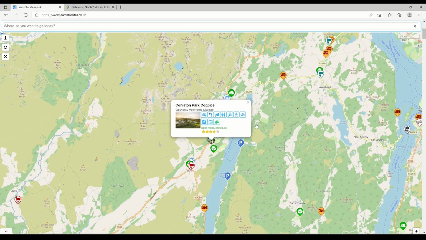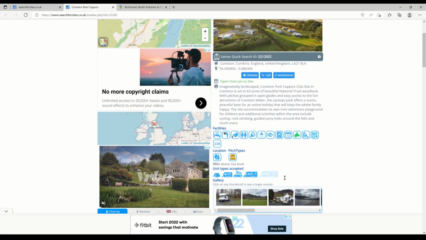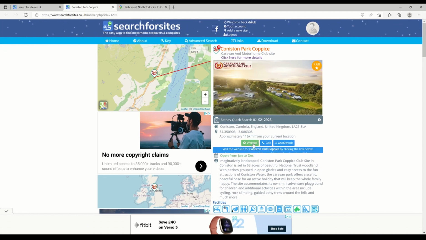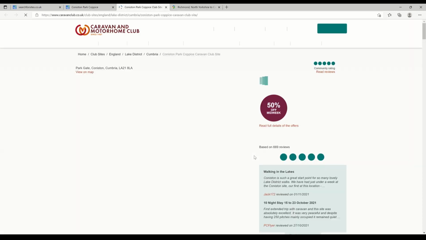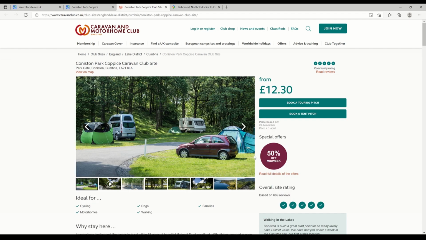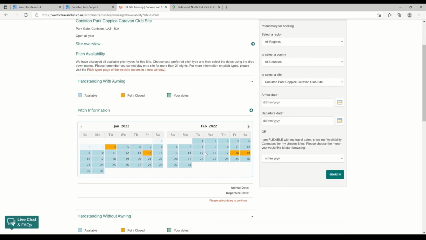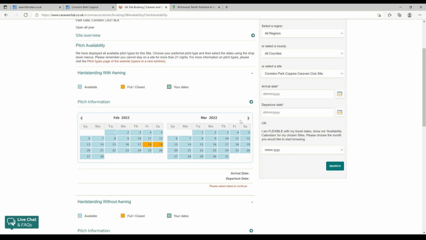So let's click on here to go into more details, and like we saw before, we can see there this site gets 7.68, but still pretty good. Let's go to the club site and let's make the booking. There's a special offer there, 50% off midweek. So let's book a touring pitch. And what we can see here is the pitch availability as we go through there,